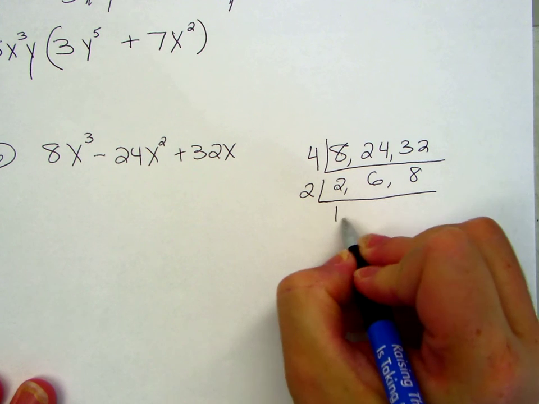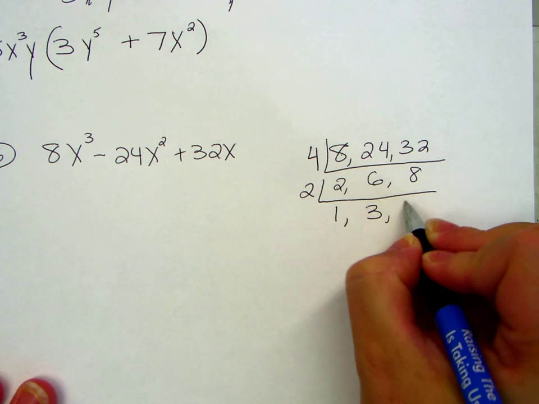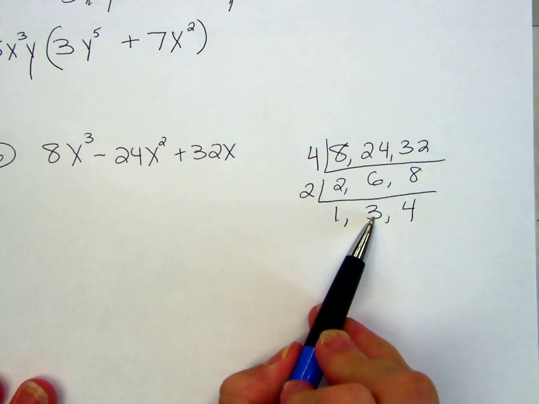So now divide by 2. 2 divided by 2 is 1. 6 divided by 2 is 3. 8 divided by 2 is 4. Does anything go into these? No, we're